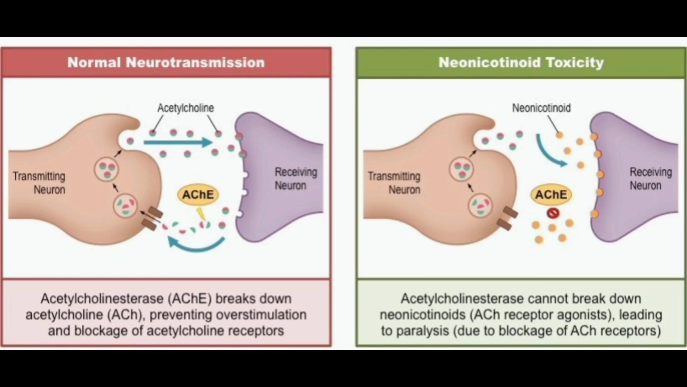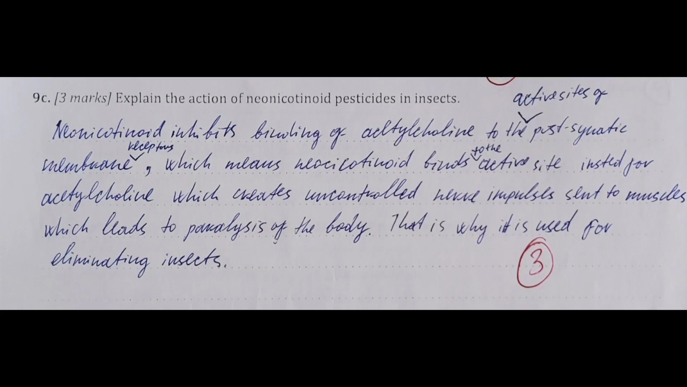So the uncontrolled impulses for muscle contractions cause paralysis. When neonicotinoid blocks acetylcholine receptors, it can lead to uncontrolled impulses for muscle contractions, which causes paralysis. So insects do not die under the effect of pesticide with neonicotinoid; they are just paralyzed, and it is easy to